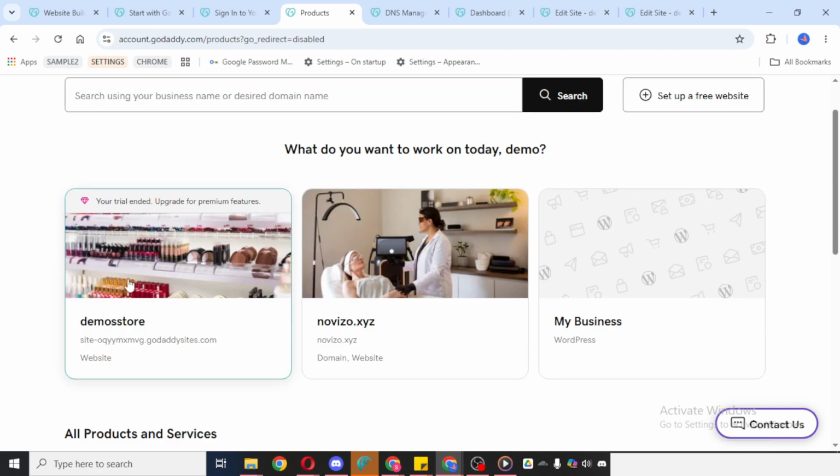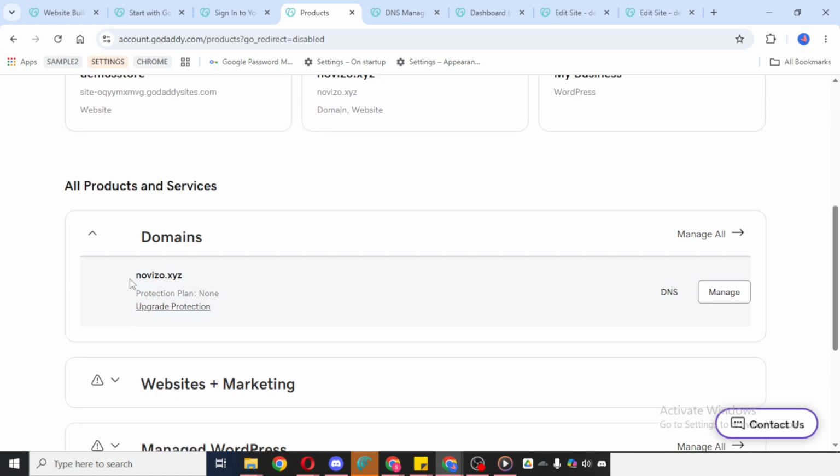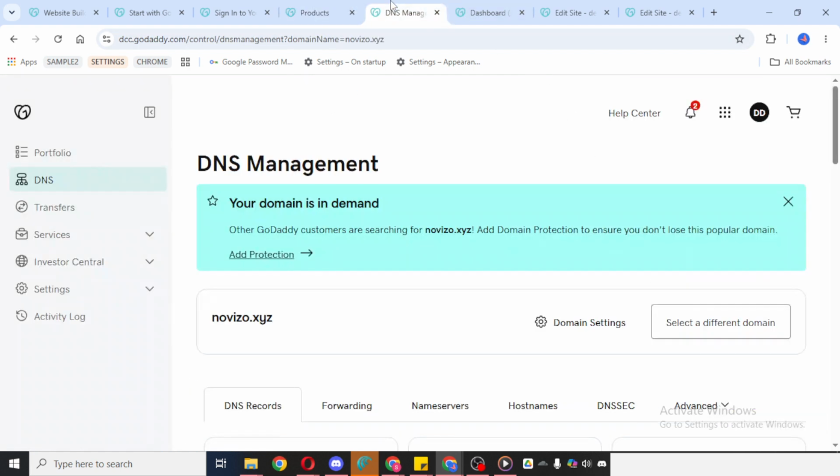This will take you to the DNS management page, where you can control records, redirects, and forwarding settings for that domain. If needed, click DNS again to make sure you are in the full DNS management view. This is important because the forwarding section is located inside the DNS area, not somewhere else in the account dashboard. Now, look for the forwarding section.